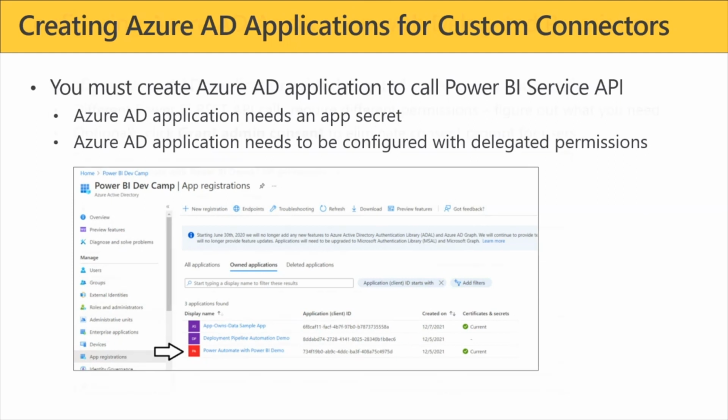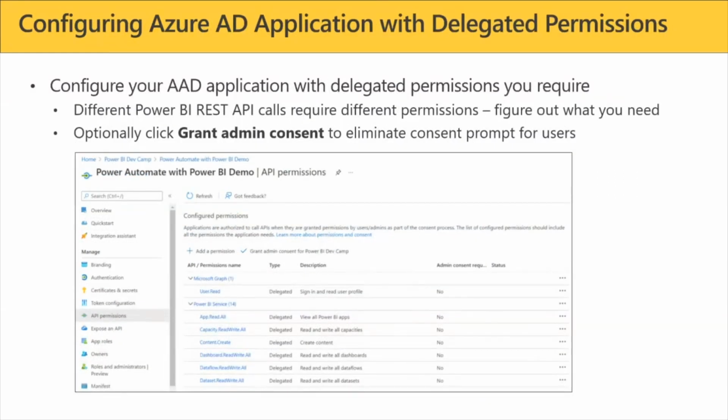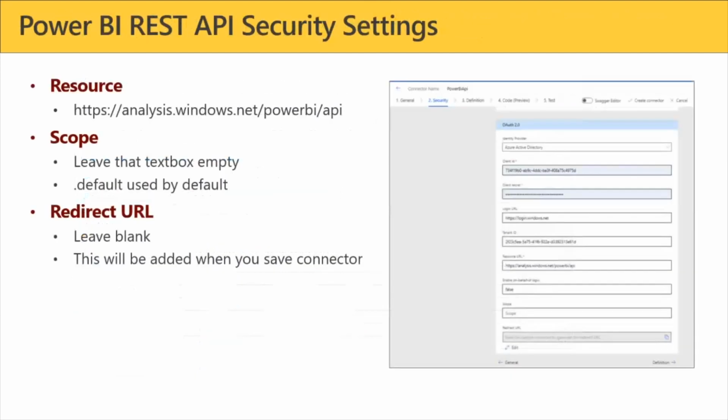And I went through, I created the application. Your application might need far more than just workspace read permissions, but what I wanted to do in my demo was just do something very simple. There are lots of different permissions, and each API call in the Power BI REST API has specific user permissions or delegated permissions that are required. So you'll have to research that and make sure you ask for the right ones. And as I went through, you saw there are some other things that you need to add, such as the resource, the scope, and the redirect URL.